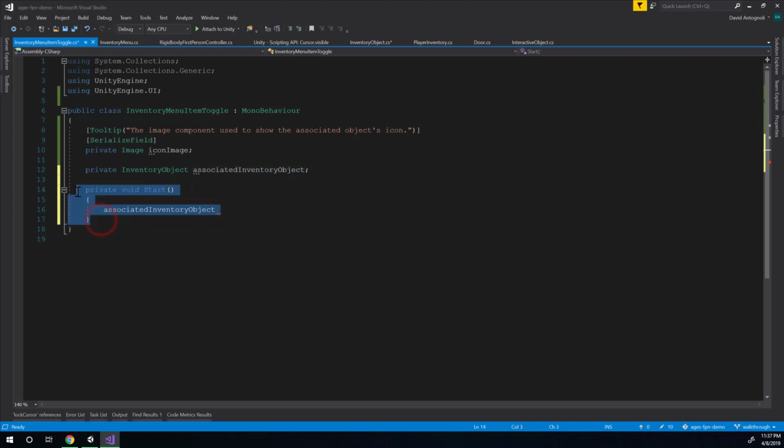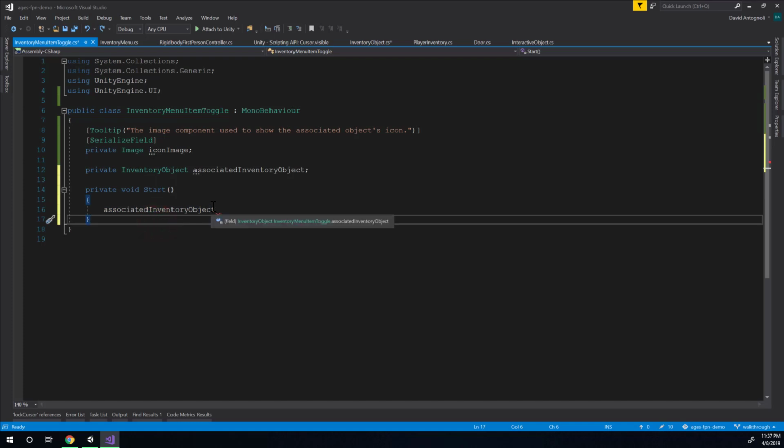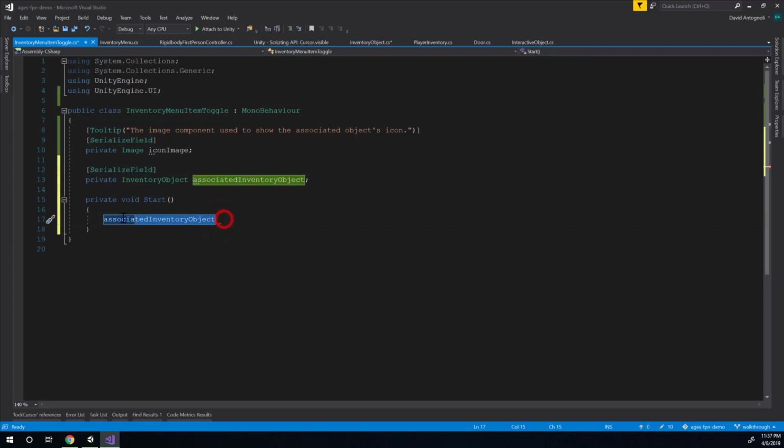Okay, so I'm just gonna delete this. That was just there to show us how it was going. I guess I can kind of show a quick demonstration. Let's get the Start back in here real quick. Just for the sake of you all understanding where I'm going with this, let's temporarily change the associated inventory object to, we'll make it a serialized field. How about that? This is just for a temporary demonstration. And in Start here, I am going to say that the